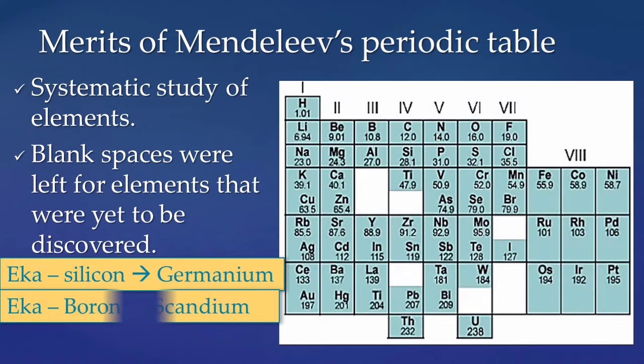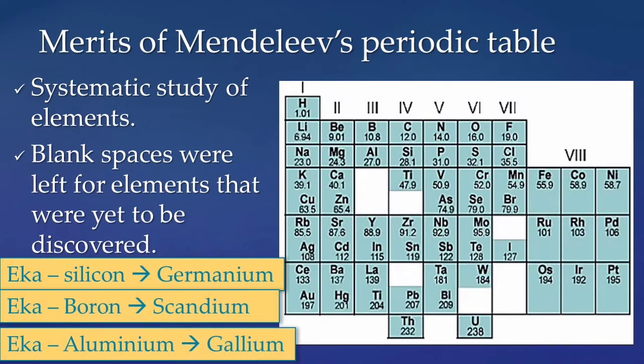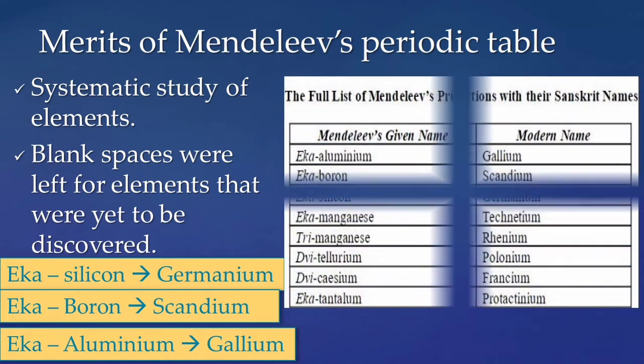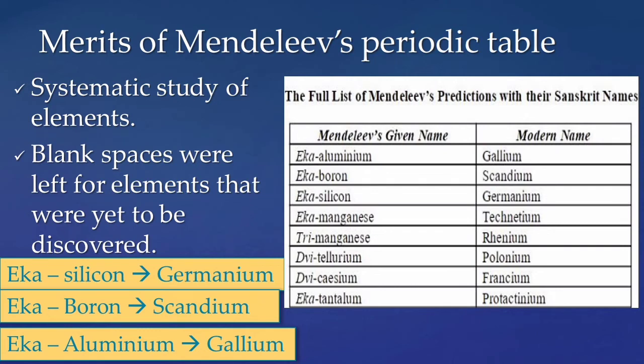discovered. He also gave provisional names by prefixing a Sanskrit numeral to the name of the preceding elements in the same group. For example, germanium, scandium and gallium were given the names Eka silicon, Eka boron and Eka aluminium depending on their position in the periodic table. The table given beside also shows a few more examples for the provisional names given by Mendeleev to the yet